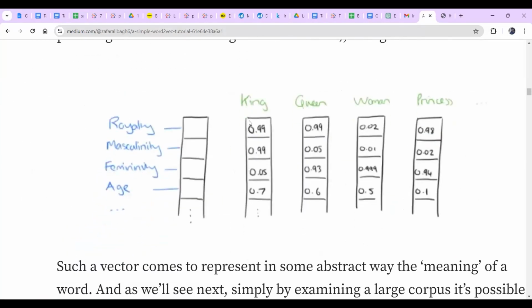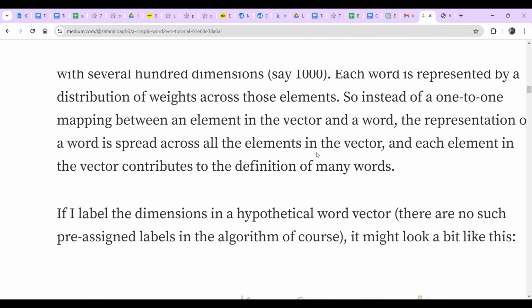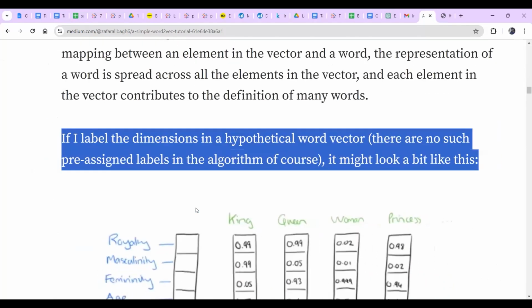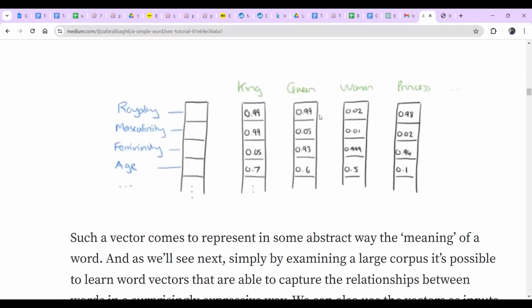Okay, so imagine in some way if we could label the dimensions. Imagine a hypothetical scenario. If I label the dimensions in a hypothetical word vector, obviously you don't have this predefined. We'll talk about this, but let's say somehow you can generate it, like I was saying even in the starting. Consider if it's possible, you have all these words. Now my problem becomes simpler. I can simply get the meaning of different words based on Word2Vec. I'll convert them into the representation based on what is the similarity between, let's say, king and royalty? Like, what is the chance of occurrence?